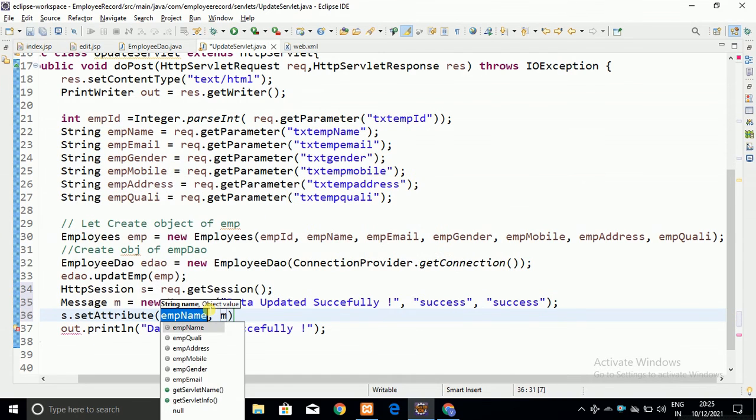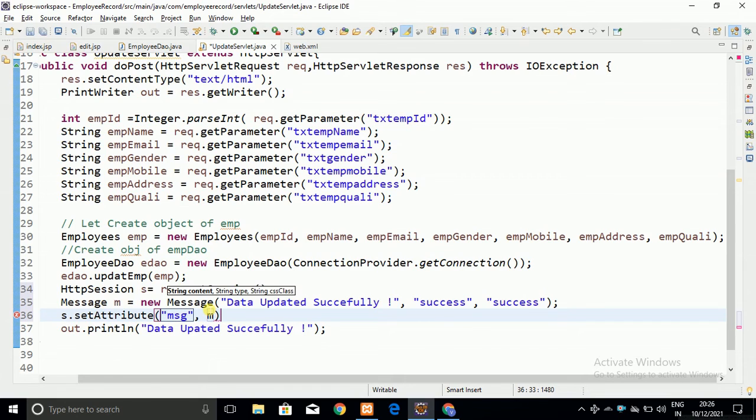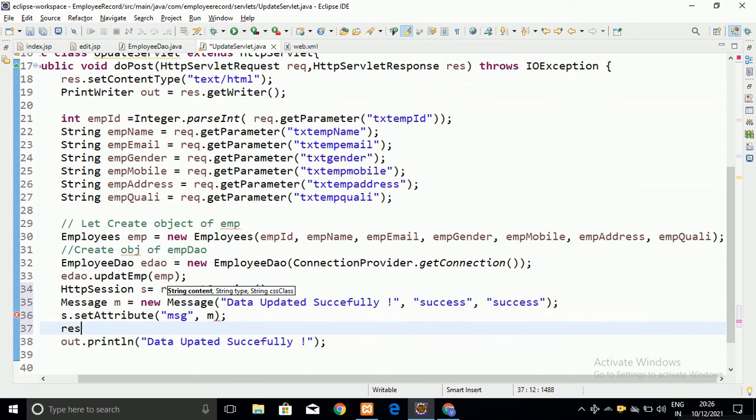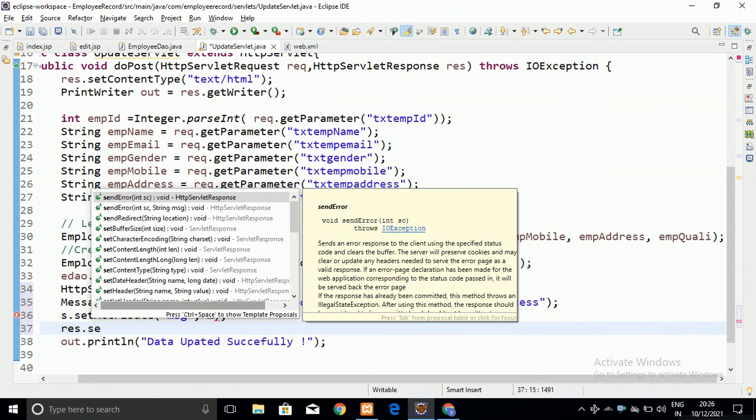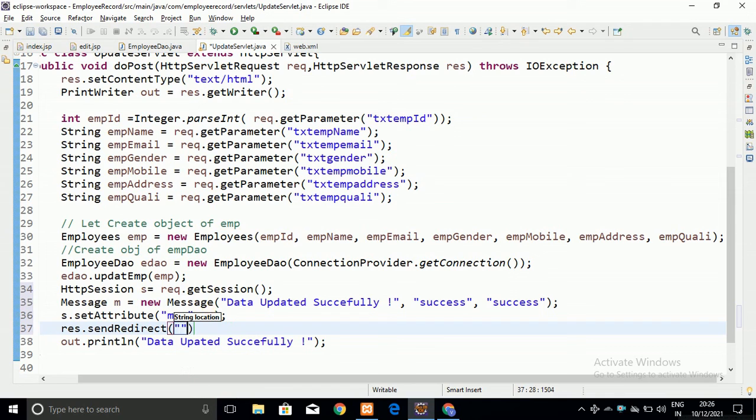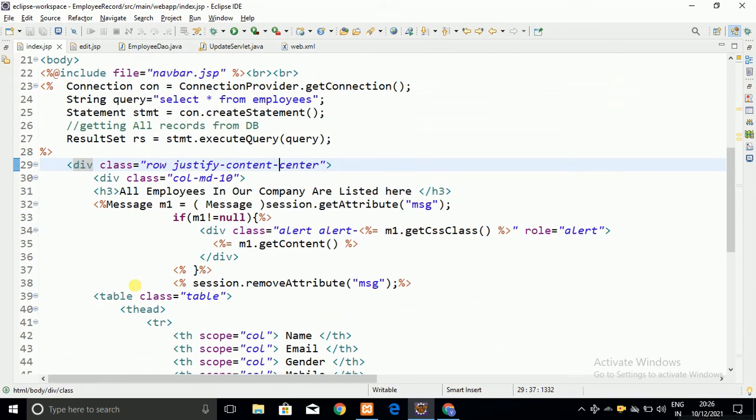Then session.setAttribute message, and that message object I am going to send to the session, and this session will be accepted in the index.jsp page, so that it goes into the response to the index.jsp page.